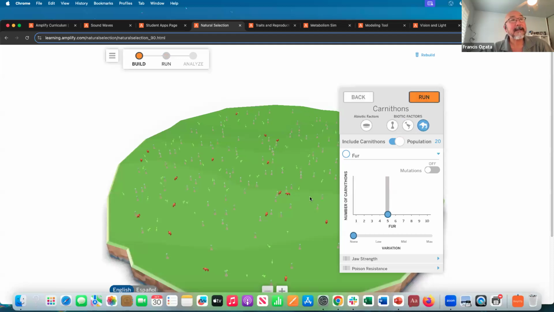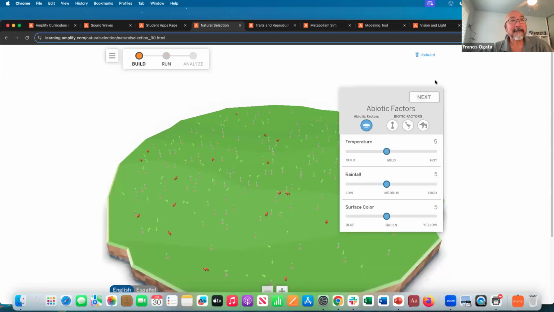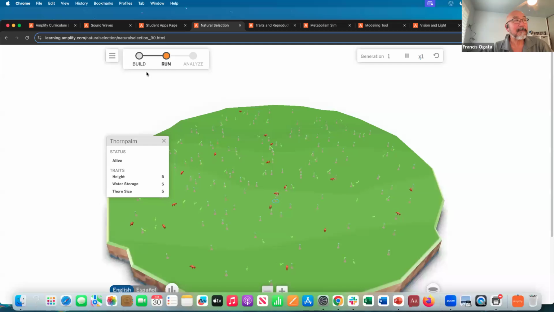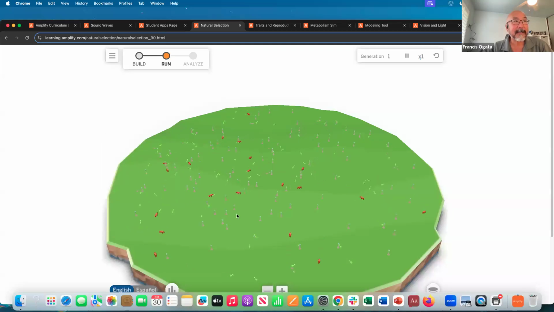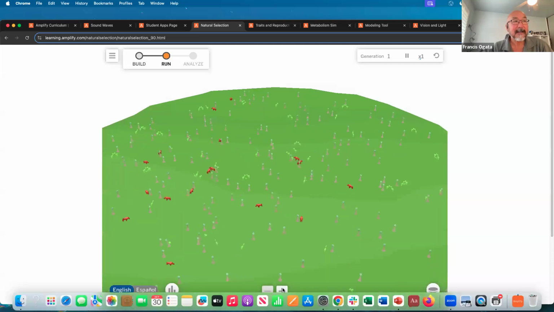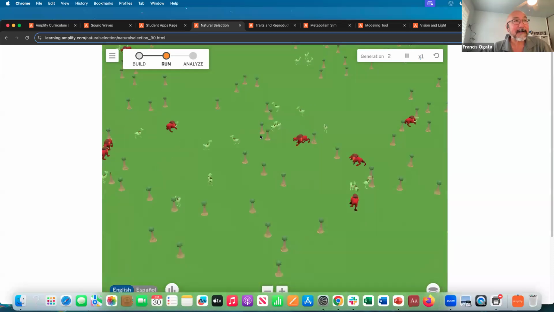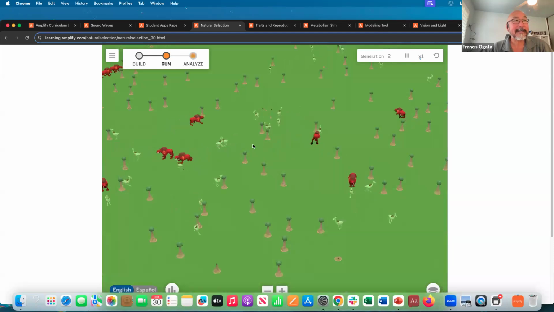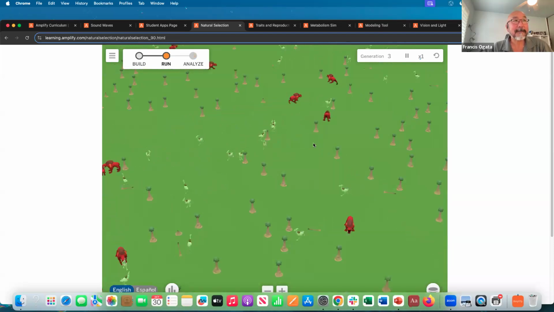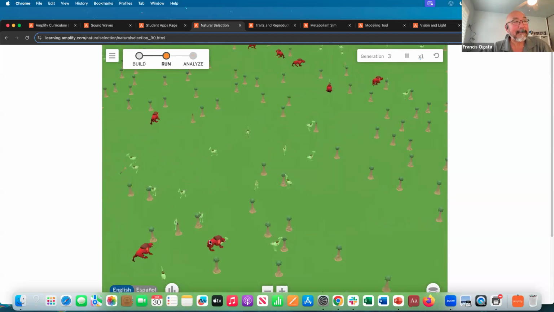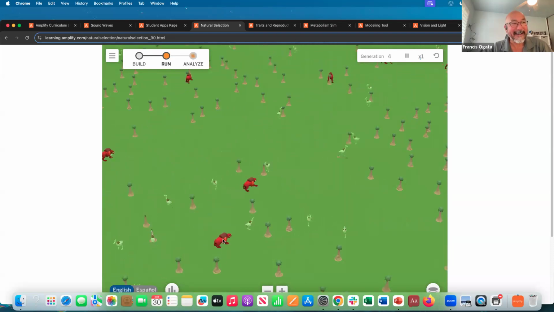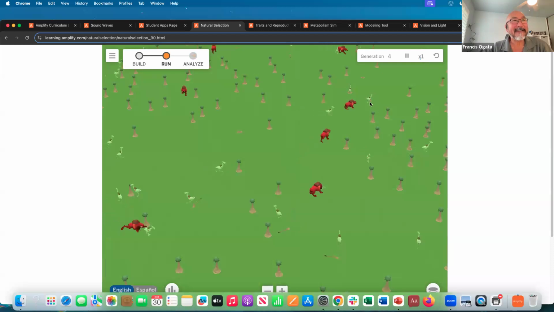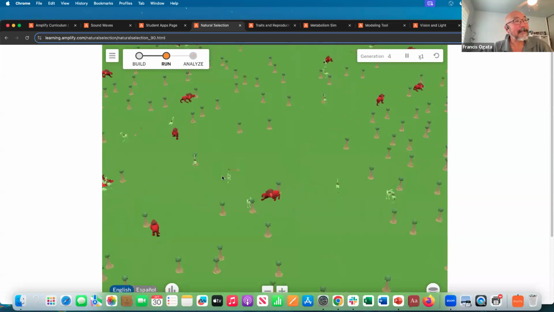I'm going to go ahead and go into my situation here. I'm going to go back all the way through, and I'm just going to jump into, let me just close this for just a second here. I'm going to jump in to run this simulation. When I run the simulation, I can see these animals, but I can't see them very closely. So I can actually zoom in on them. I can see like my australopes, I can see my carnithorns, I can see the trees and how these animals are living through their life. I can actually watch what happens, like this guy just ate that, that guy, right? I can also see that, you know, what happens when they meet each other.